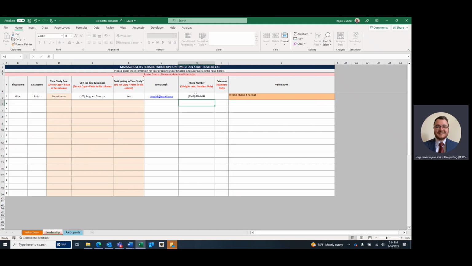And see right here, I put in the wrong amount of digits. I put in 11. So you want 10 here so that it'll default to this format right here. And then for an example, I'm just going to go ahead and put the extension. And then in the extension column, you're only going to want to use numbers. I also want to make note that all users listed in the leadership tab will have web accounts, and thus